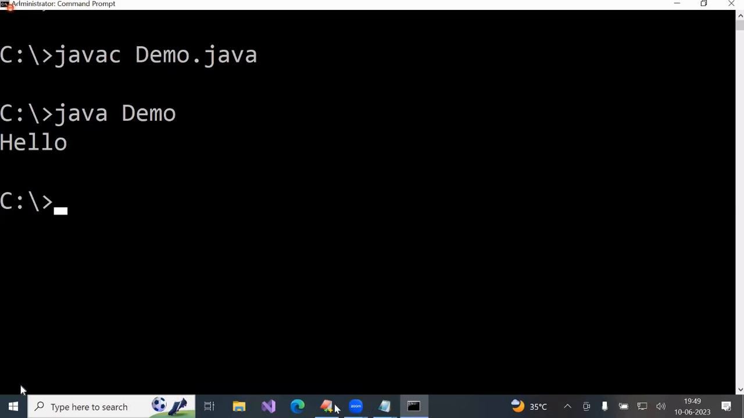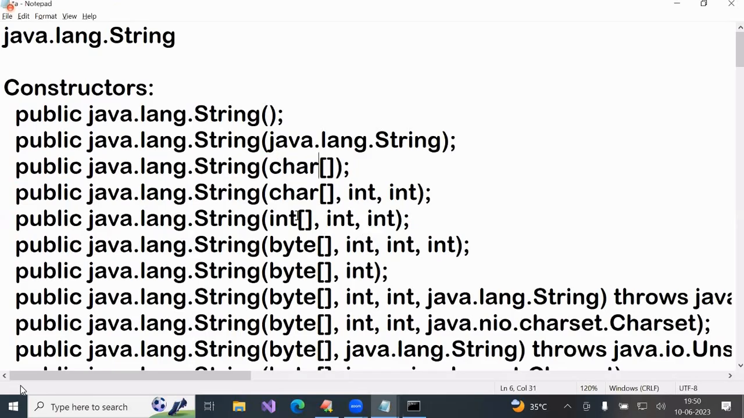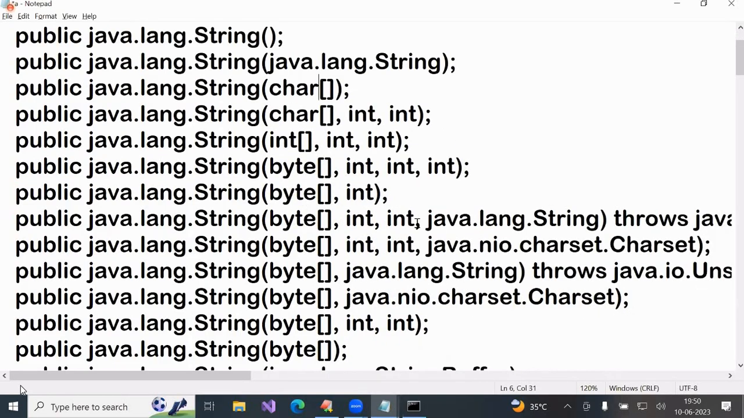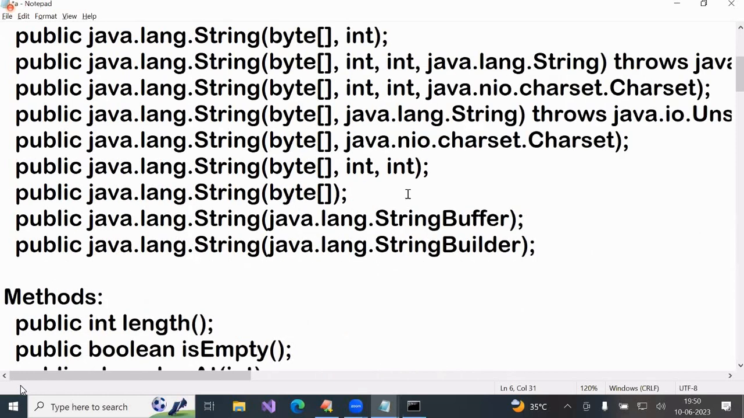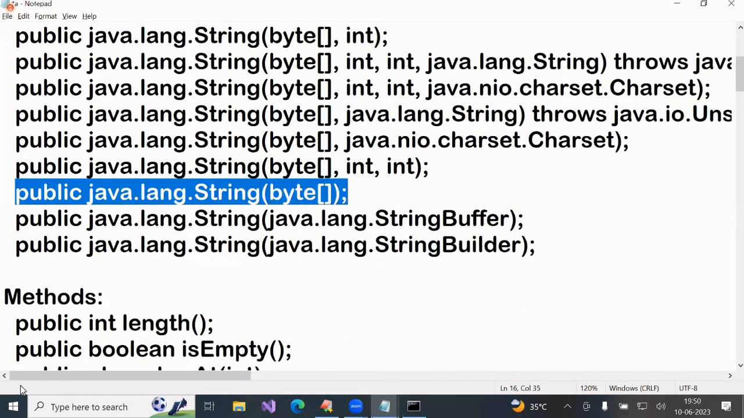Now here, this constructor I used. But like this, so many constructors are there, not much important. Now here one more constructor, byte array. A byte array we can convert into a string. See,